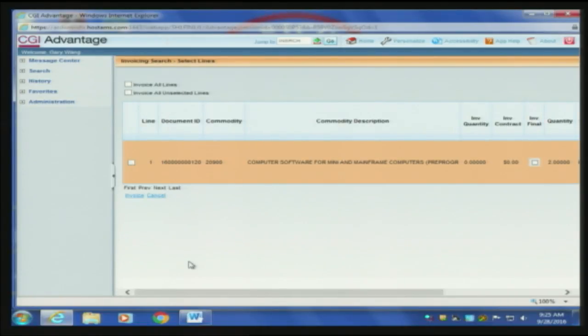Now, it's possible the purchase order has 8 commodity lines, and you're only going to invoice some of them, okay? So you have to kind of figure out, oh, here's the vendor invoice, they're invoicing for 4 lines. If there are only 4 lines on the purchase order, you can hit this button right here that says invoice all lines. If there are 8 lines on the purchase order and the invoice only has 4 lines, then you need to figure out which of the 4 need to be invoiced, and you would check this checkbox by the line or lines that you actually want to invoice, okay? Once you've done that, then you click this invoice link,